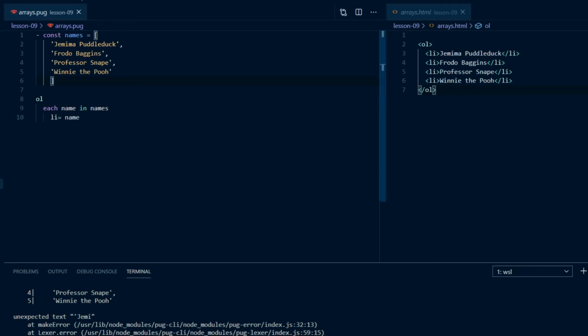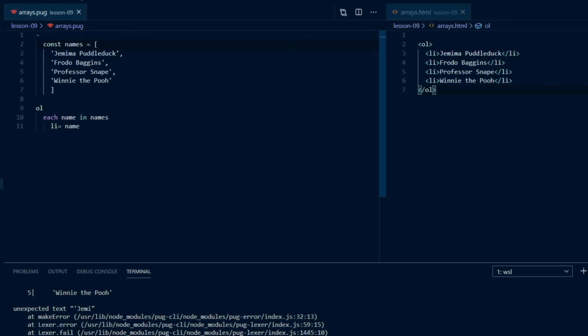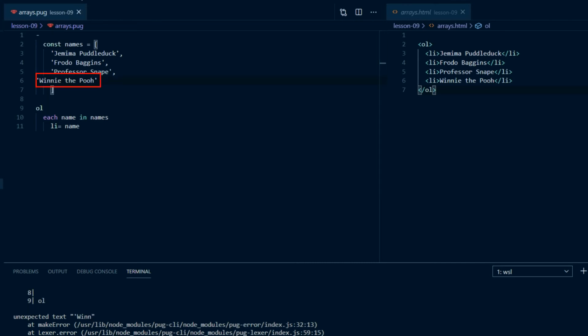In order to format the array on separate lines, you have to put the opening dash on a line of its own, and then indent the rest of the variable assignment so it's one level in from the dash. Then it works. Pug is fussy about the indentation. If you unindent any part of the variable assignment too much, moving it outside the level of the const or let line, you will get an error.